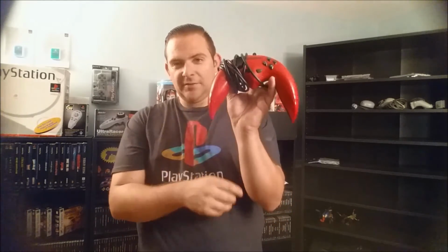But if this controller is any sign of what it was actually like, then it's definitely a good thing we didn't have that. And it is the Alps Interactive. I don't know what the name of the controller is, but it's this weird hawk boomerang, very sharp edges and everything. The one good thing I will say is these little grip textures on the back actually work pretty well. But the shoulder buttons, every button is rounded in a way that reminds me of the original Xbox